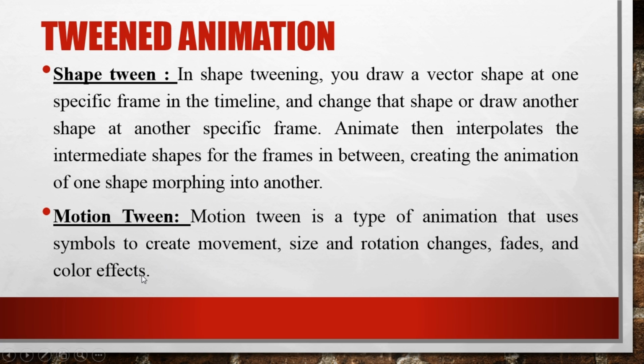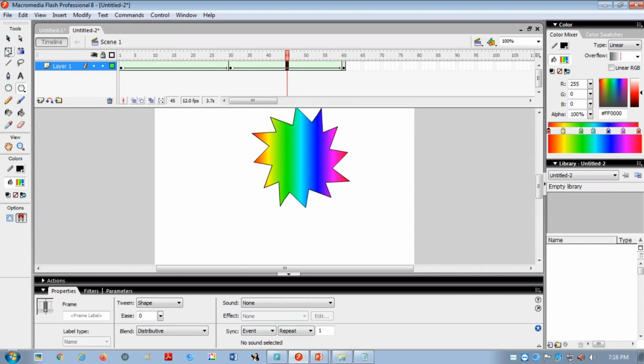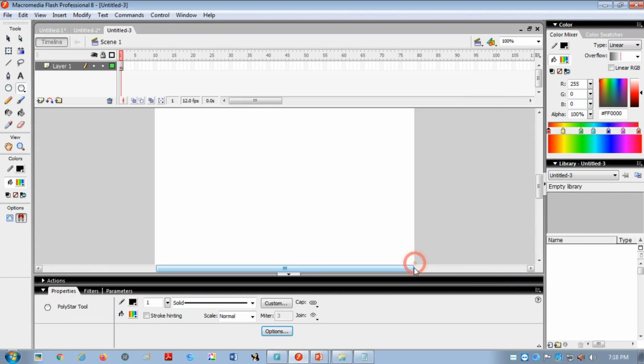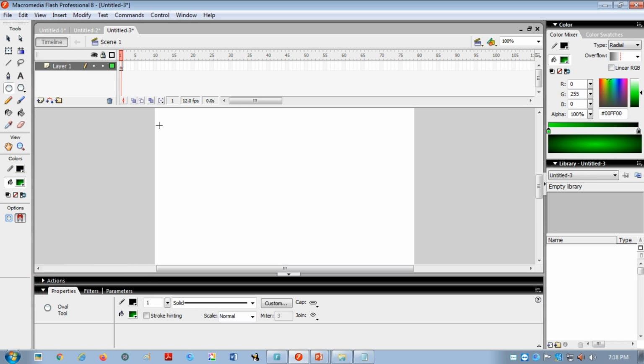So let me give you one example of motion tween also. What we will do in this, we will bounce a ball. हम एक बॉल को बाउंस करेंगे. ठीक है, देखते हैं कैसे. So again let me open the Flash software. I am clicking on the File menu, clicking on the New button, then Flash Document. Now I am selecting this ball. Let me give some beautiful colors like that green one, green gradient, mixing colors. I am drawing like this, okay?